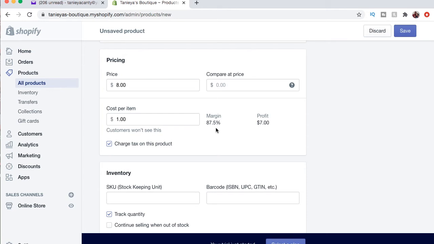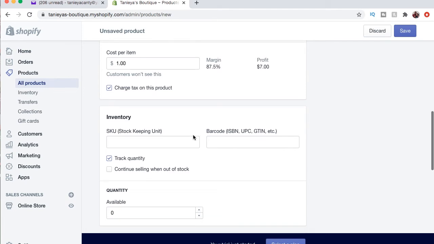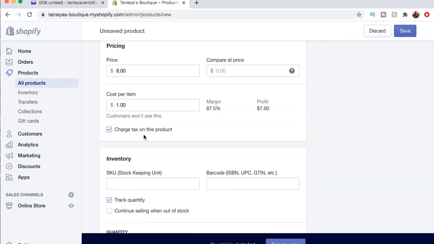That's just an example. I ain't getting a lip gloss for $1. And it has a box here: if you want to charge tax on this product, leave it checked. What Shopify does for my site, anyone that orders within my state, based on my state's taxing rules and regulations,